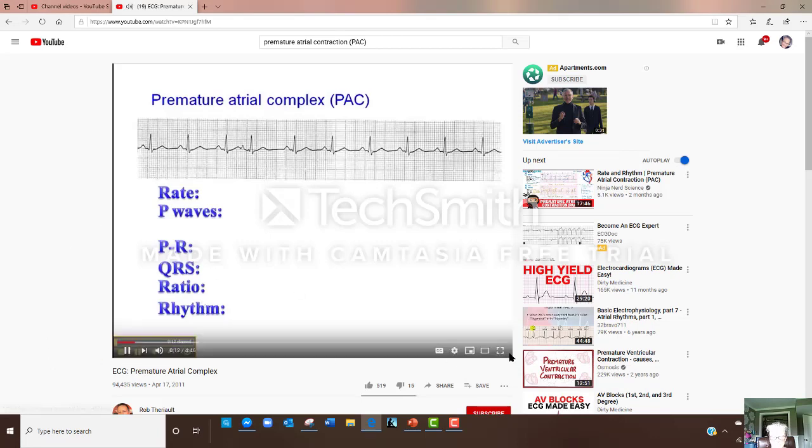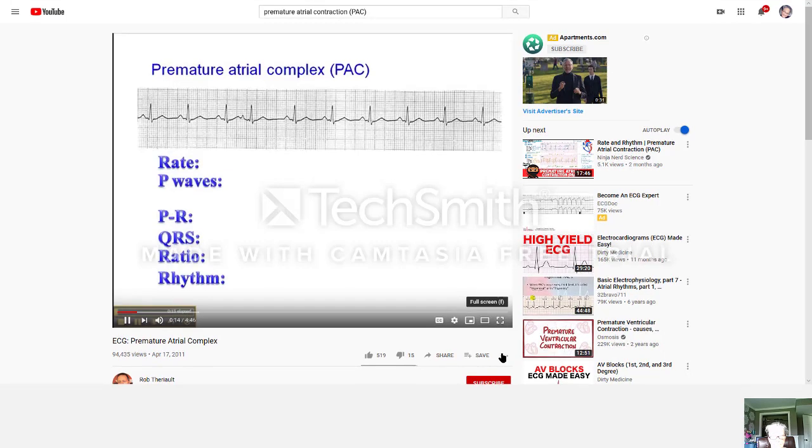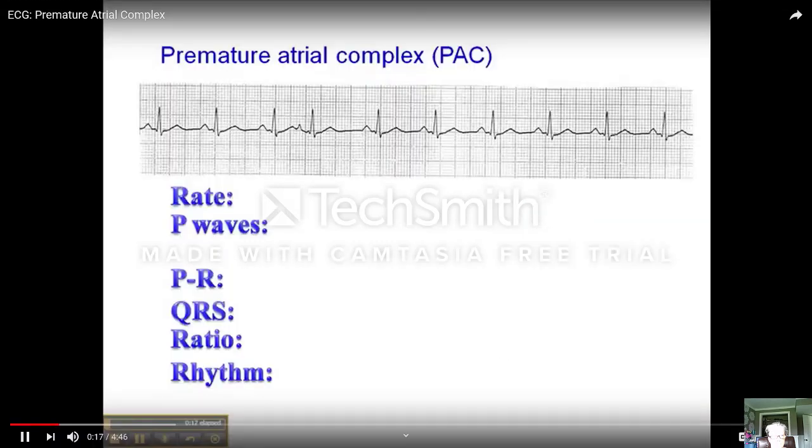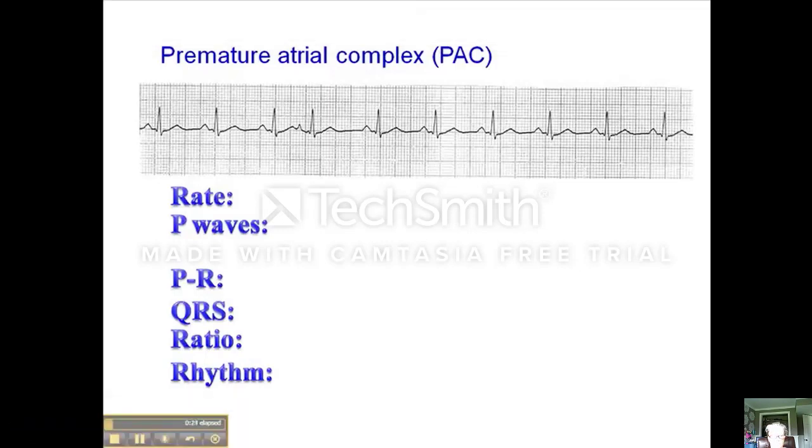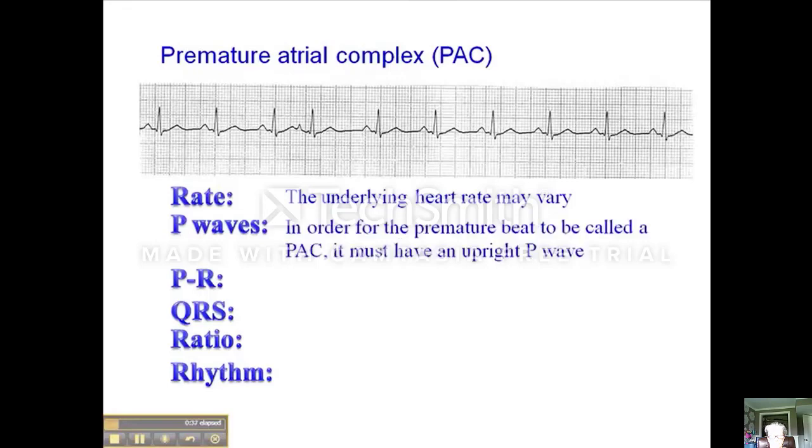Whenever we're interpreting ectopic beats and the rhythm in that context, it's important to always interpret the underlying rhythm first, followed by the heart rate, then followed by the ectopic beats, in this case premature atrial complexes. The underlying rhythm may vary. Maybe normal, maybe slow, maybe fast. It just depends. And in order for the premature beat to be called a premature atrial complex, it has to